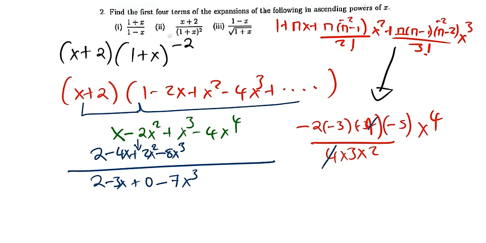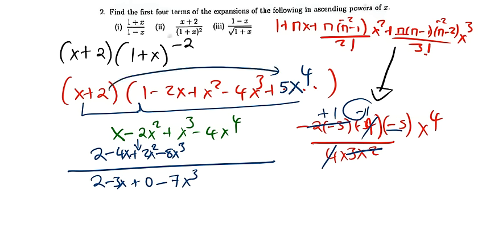4 can divide, remain with negative 1. This 6 can divide, remain a positive 1, since negative 2 times negative 3 is a positive 1. So negative 1 times negative 5 gives us a positive 5. So we have a positive 5 x to the power 4. And then 2 times that gives us 10 x to the power 4, which would give us plus 6x to